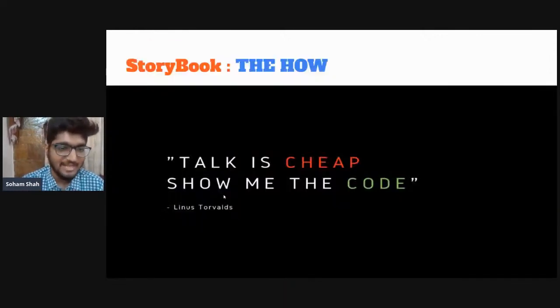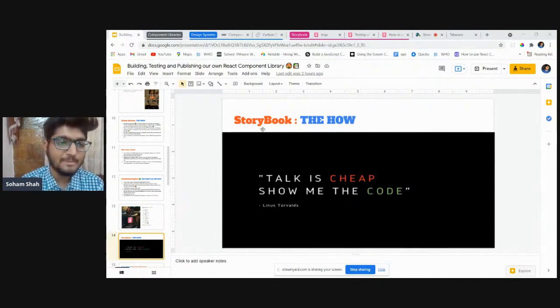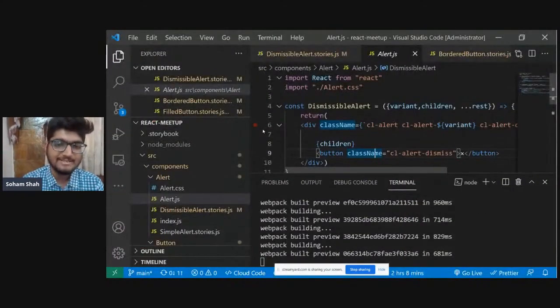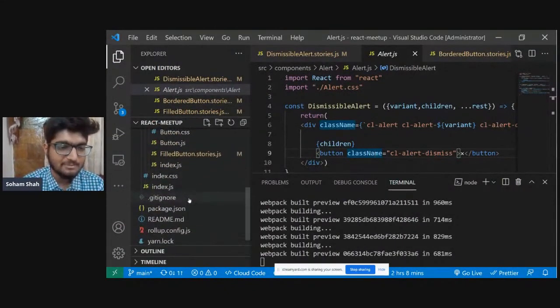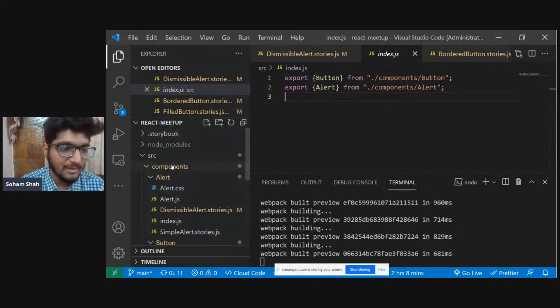Talk is cheap. Show me the code. So let us quickly see our code base and understand how simple Storybook has made it for us to write and implement this. I remember in the previous talk, Sanket said that it should not be wordy. The lines of code should not be a lot, so that the developer is not overwhelmed. And probably Storybook, after every update, keeps these points in mind and gives a beautiful developer experience. So let me give you a very quick overview of the file structure.